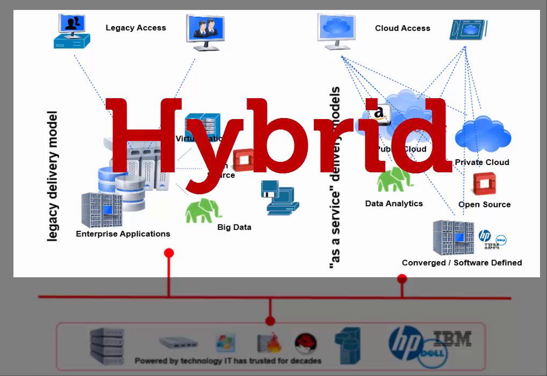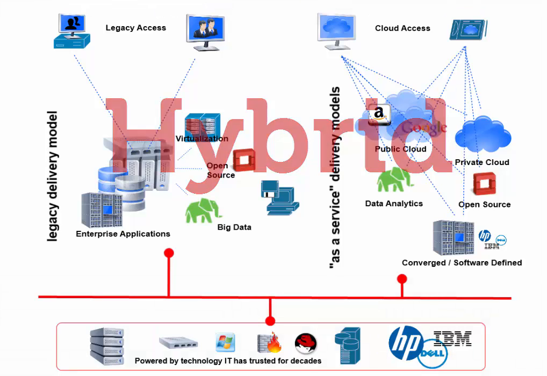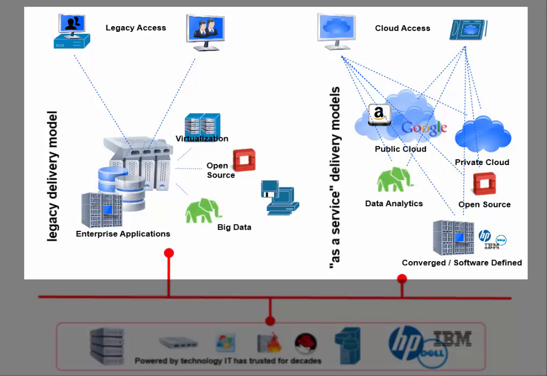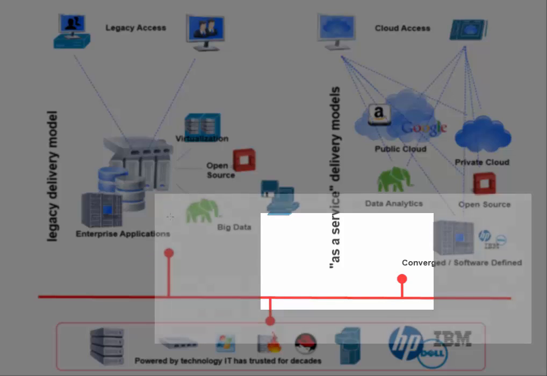We could take advantage in the as a service delivery model, perhaps on some cost efficiencies. Maybe we put our test and dev out in a cloud, for example. But some of the enterprise applications will need to stay in our legacy environment, maybe because of latency, older applications, and a whole bunch of other reasons. So whatever it is, whichever model that we decide to deliver a service, we need to be very clear that that delivery is still based on the same technology that we've used for years. So not a whole lot has changed in that realm.